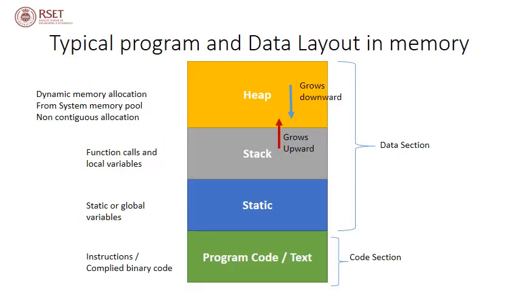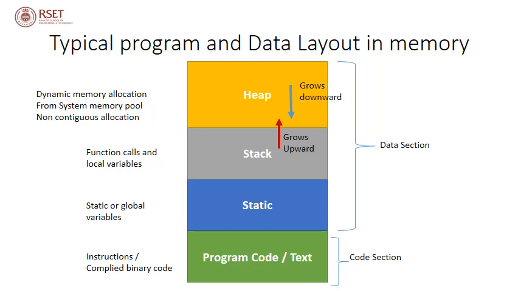So what you see in this slide is a typical program layout in memory. Towards the bottommost area, what we see is the code segment. Program code is at the bottom of the memory region. Code segment, also known as text segment, contains executable instructions or compiled binary code. That is, we can say that it contains machine code instructions for a CPU. It is typically read-only and has a fixed size. So on embedded systems, it can usually be placed in read-only memory or ROM. The code section is protected from runtime modification.